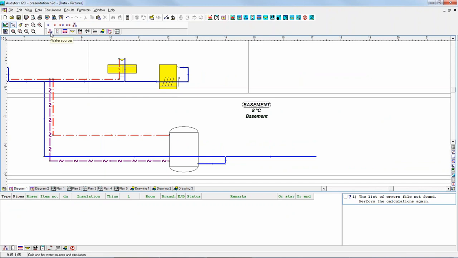And as you see, there are a few combinations. I will use this first one because I am preparing everything within my apartment, within my house, sorry. So I need only cold water. Hot water I can prepare inside my design. However, it may happen, especially if you design only the part of the system, for example, only in one apartment,